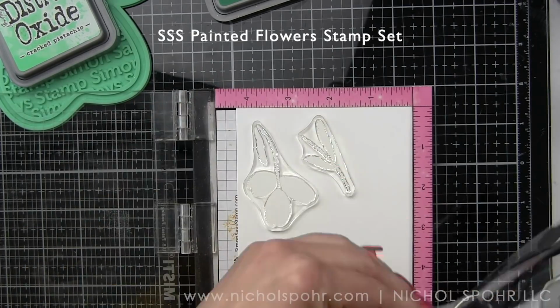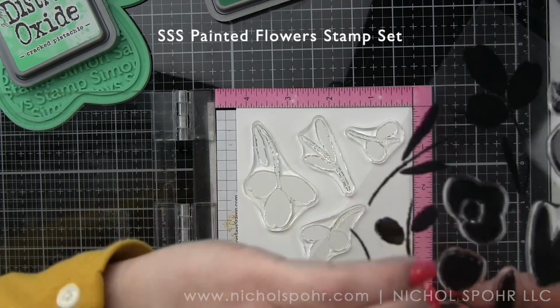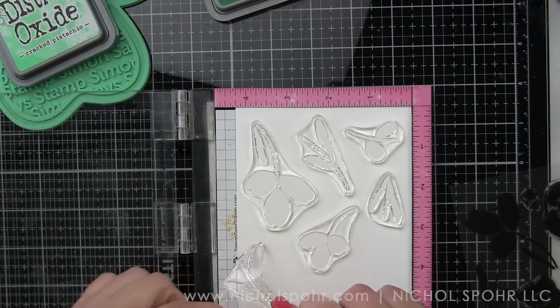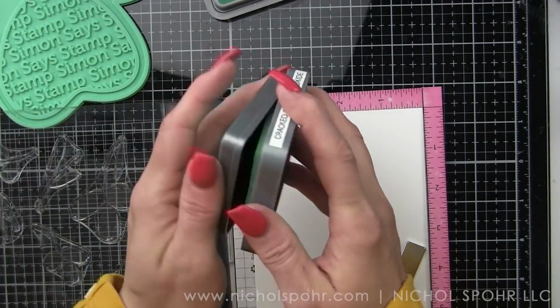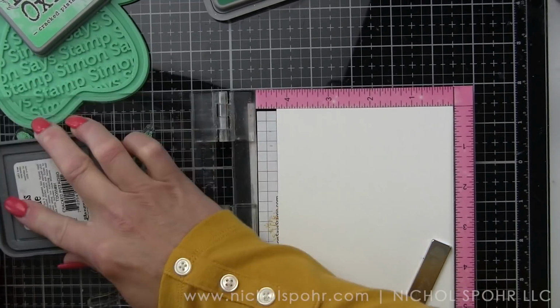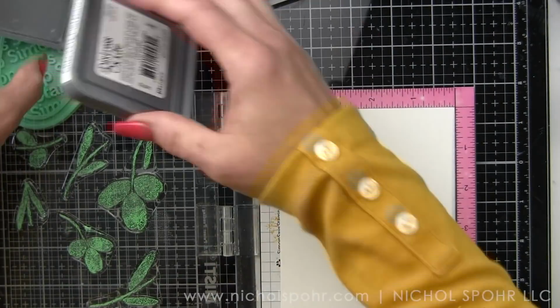We are going to start with the Simon Says Stamp Painted Flowers stamp set. This is another new product from the Born to Sparkle release. I'm going to take all of the leaf images from the stamp set and place them in a Misty. We're going to then apply Distress inks in Cracked Pistachio and Lucky Clover to create these really two-tone type of leaf images. I am using the oxide inks,